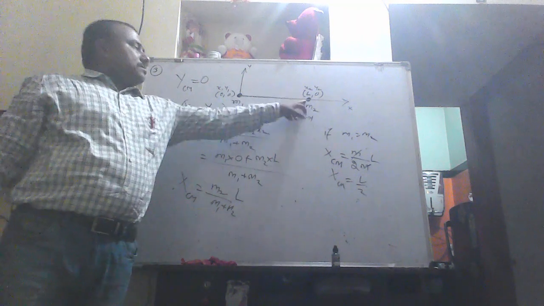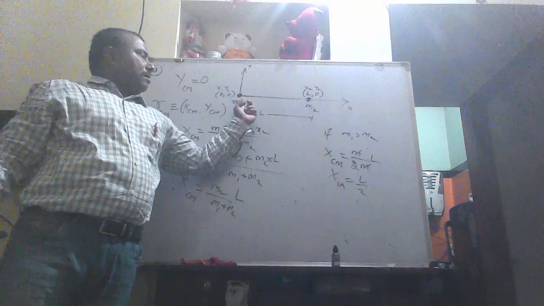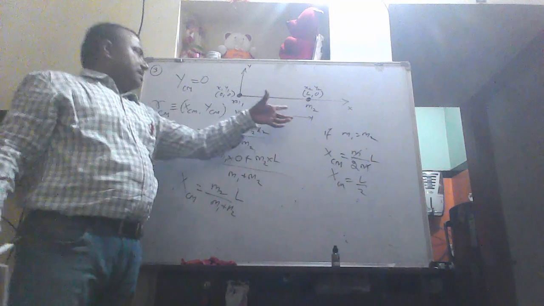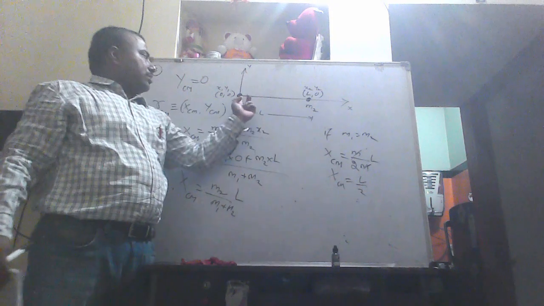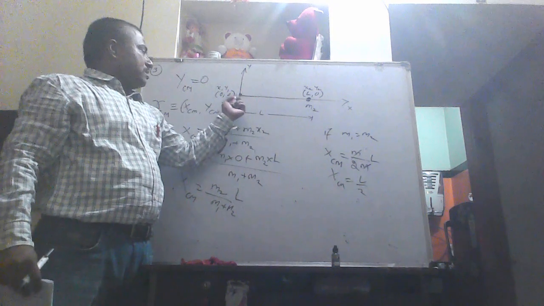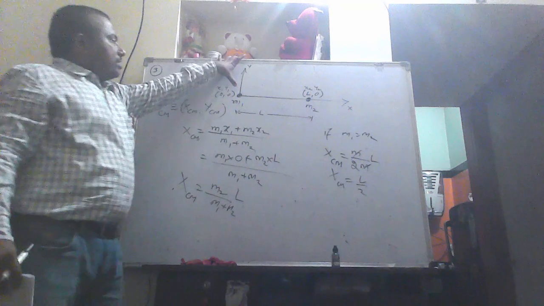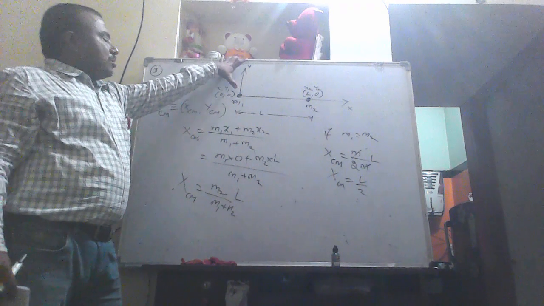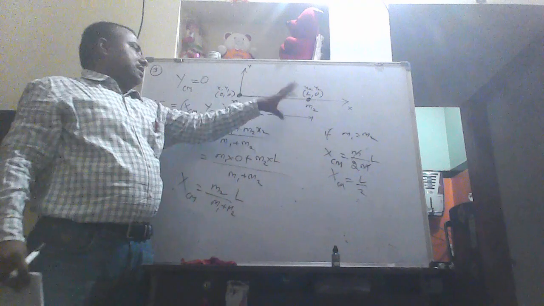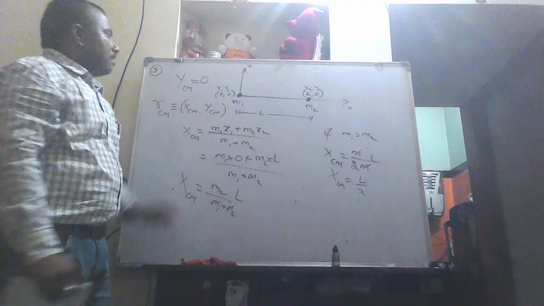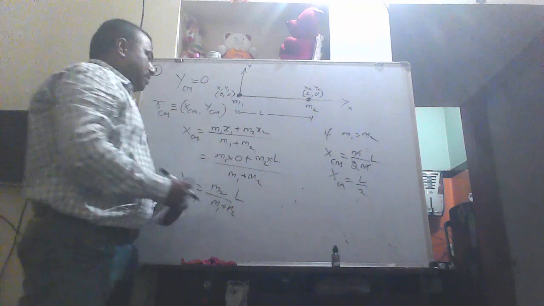Two particles are connected by a wire, or they are separated by some linear distance. I take this line of symmetry as the x-axis and I have taken one particle as the origin. You can arbitrarily choose any point as the origin when solving for the center of mass. You can take the other particle as the origin, change the coordinates and solve the problem. Choosing the origin is your choice.